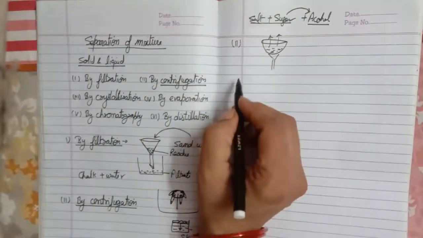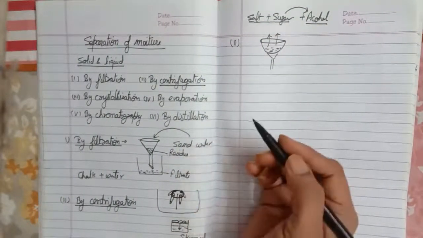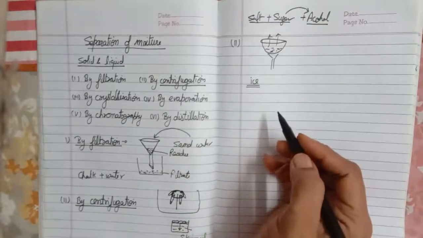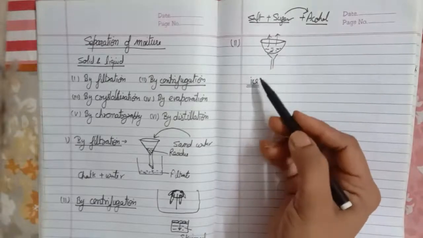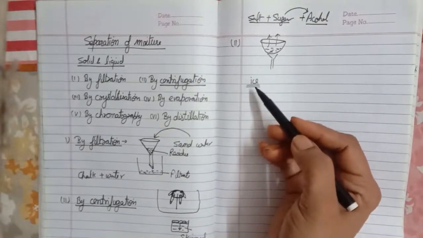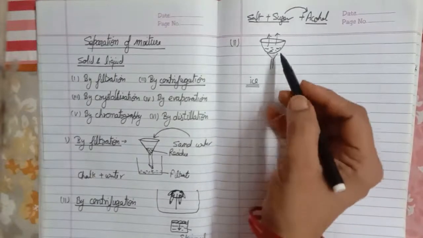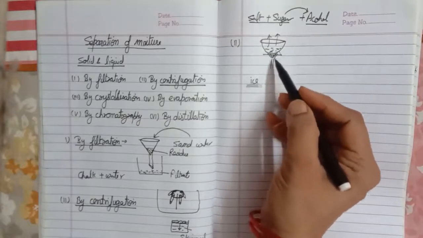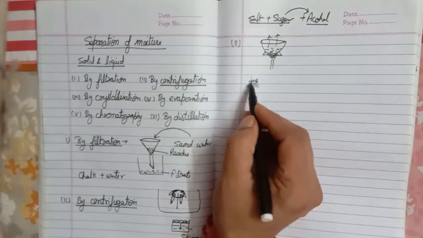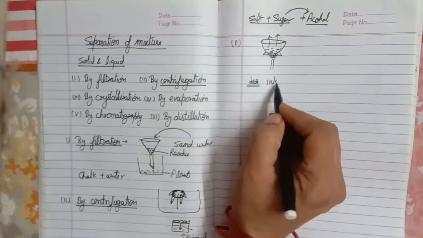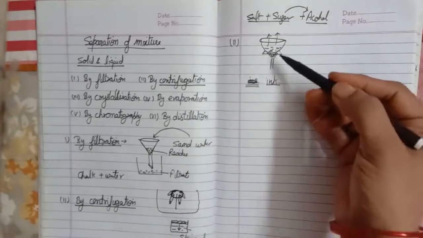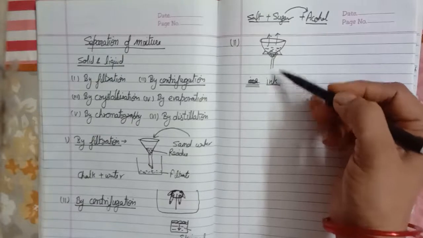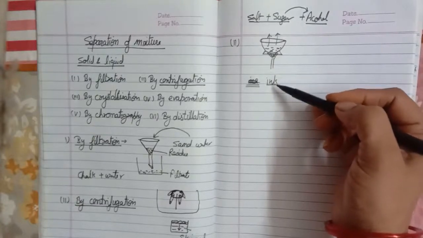Okay, one more example for separating a mixture is ink. Ink is actually a mixture of a dye in water. So by this method, evaporation, we can get the dye back. But for this method we can't heat the mixture directly on the flame. Sorry, I wrote ice, it is ink, sorry. If we directly heat the ink on the flame, it gets decomposed. It's the same with sugar.